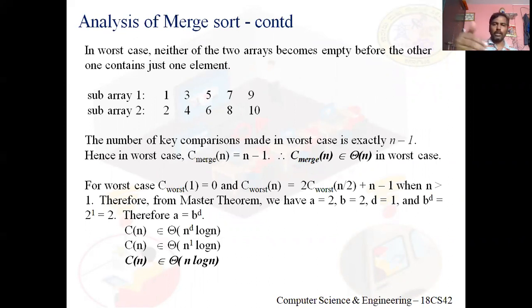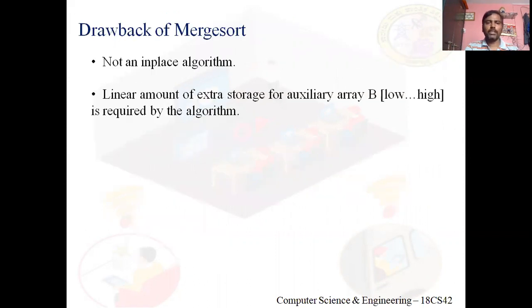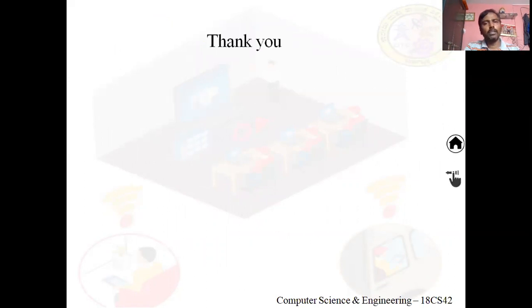You just try solving it yourself. While I copy one of the array elements from these two sorted arrays, first one element from one array will be copied, next element will be from the other array. This repeats. So n-1 comparisons are a must. So here big theta of n log n. Got it? So just to analyze, at each time one element of each array will be copied. So here big theta of n log n in the worst case. So the drawback I said is that it is not in place. This is about today's session. Thank you for listening.